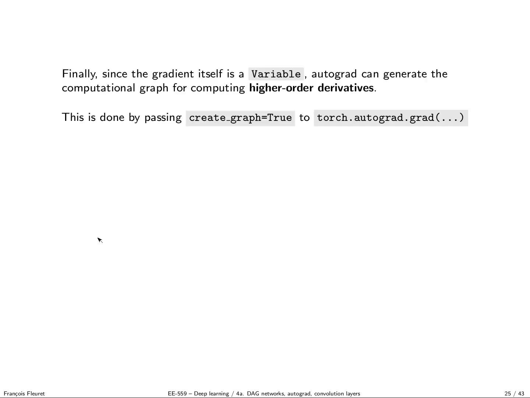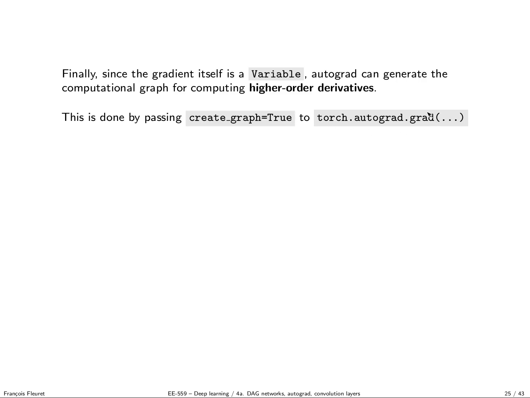And finally, something which may be important for certain algorithms is that the gradient itself is a variable, which means that you can do the same trick on it and compute higher order derivatives. To do so, if you get the gradient through this function, you have to specify that you want it to also have its own graph.